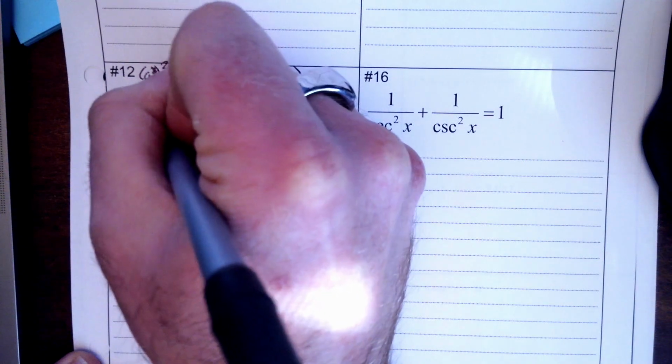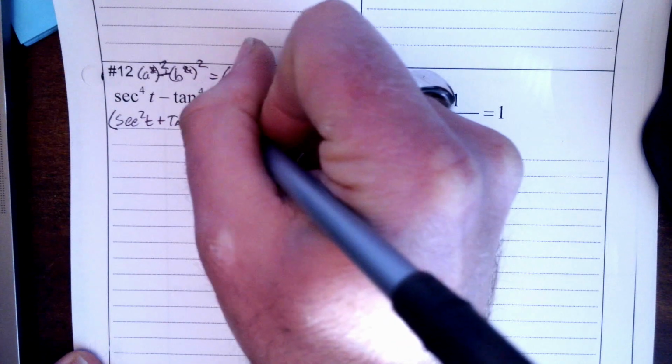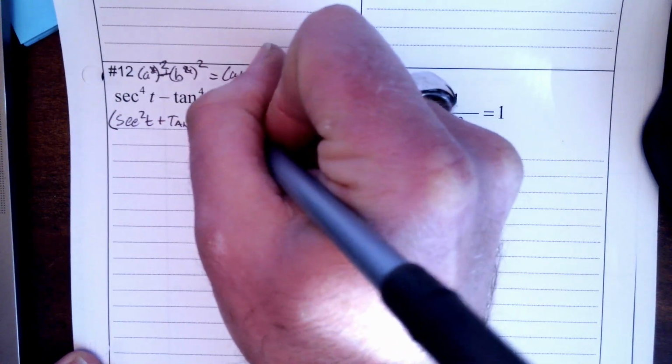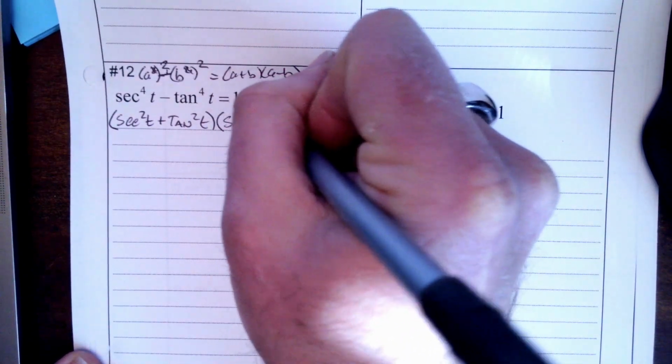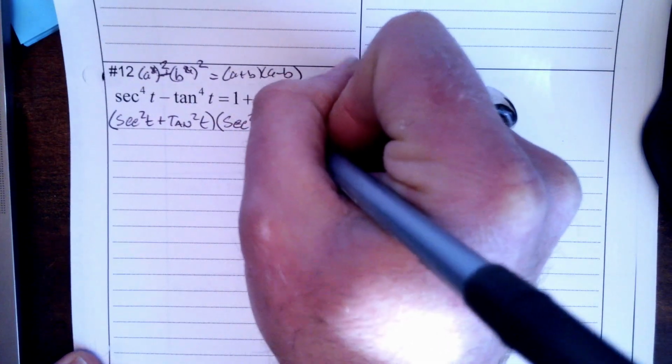So we can factor it to the secant squared of t plus the tangent squared of t times the secant squared of t minus the tangent squared of t